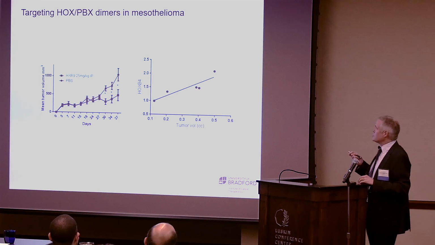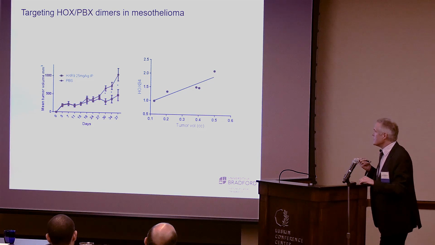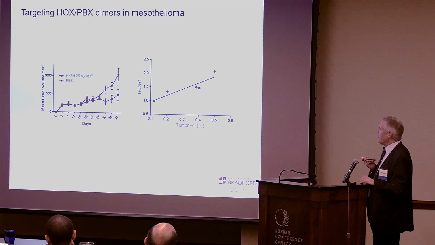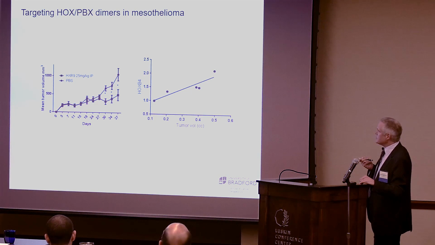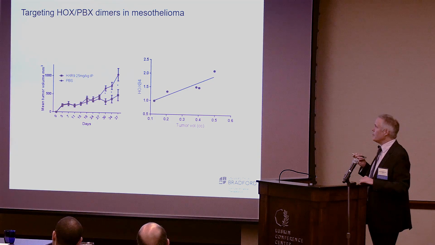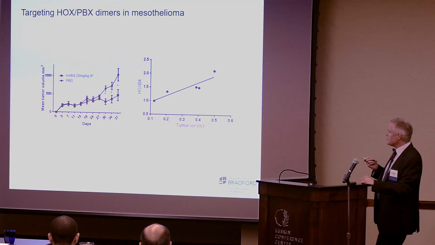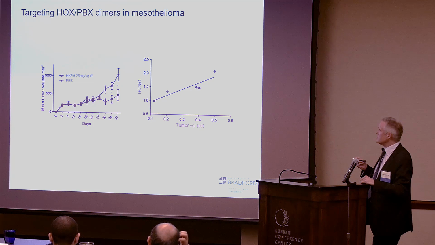So this is looking at some mouse models now. This is asking the question, if we block HOX-PBX using this peptide, HXR9, can we block the growth of mesothelioma tumors? So this is an experiment in mice which have mesothelioma tumors. What we've done is let them grow up to a size of about half a cubic centimetre, and then we've given these mice a single dose of 25 mg per kilogram HXR9 into the peritoneum. So this is IP. And what you see at this point is a very significant reduction in